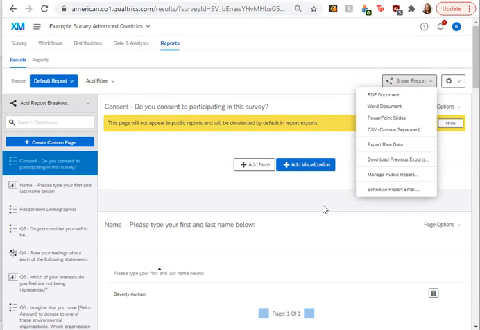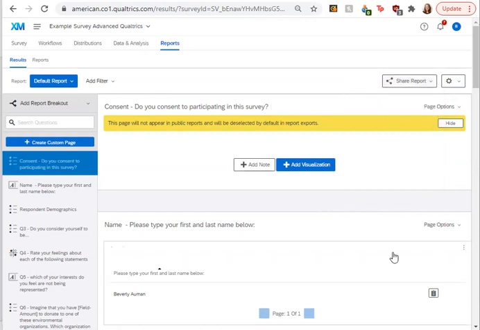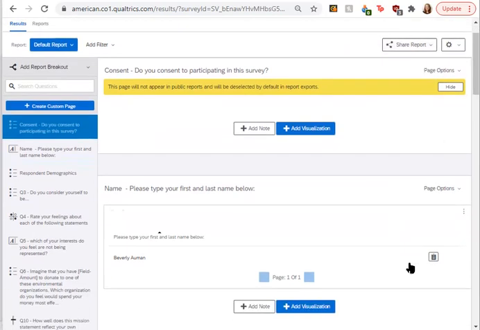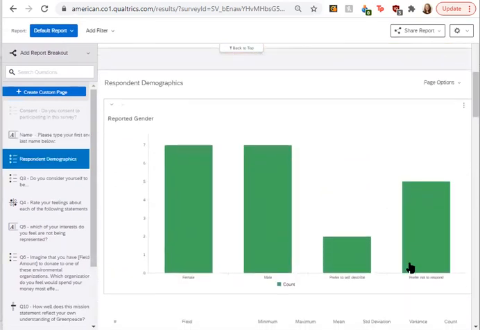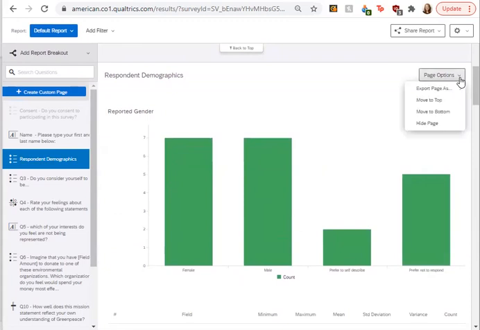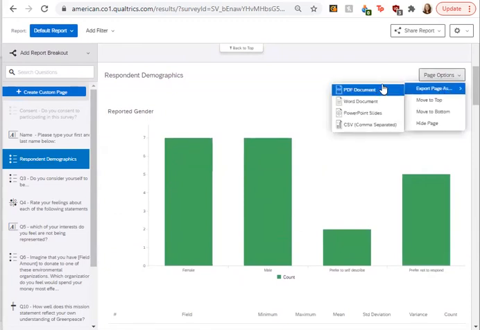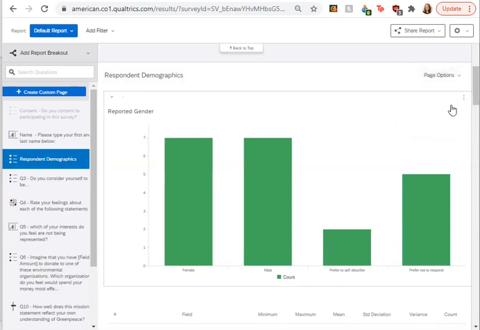In addition, if you don't want to share the entire report, you just want to share a page or a visual, you can actually go to a specific page here and export it. And there's all the options as a PDF, Word, PowerPoint, or CSV. So if you want to share just one page, that's an option.